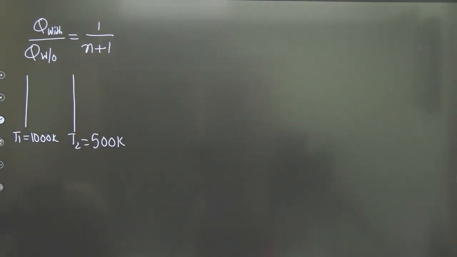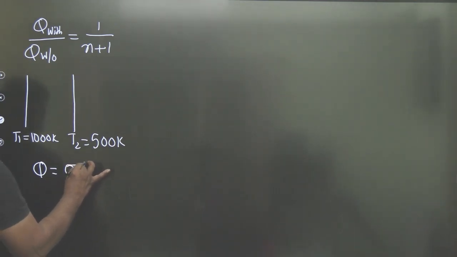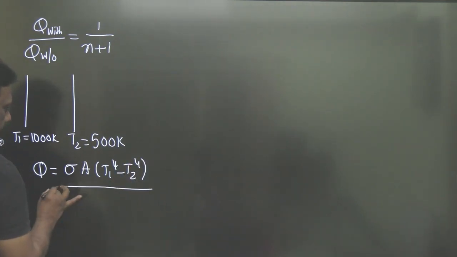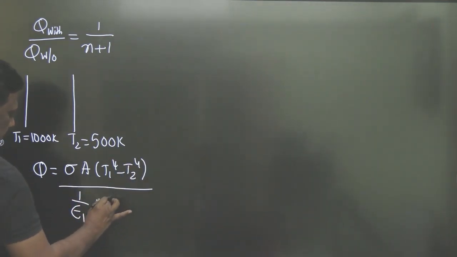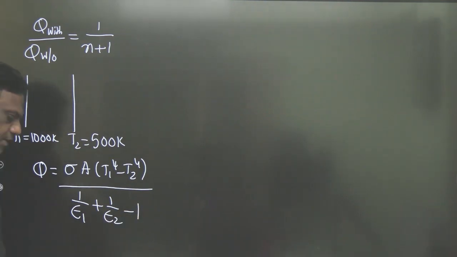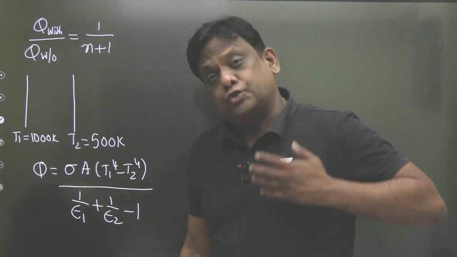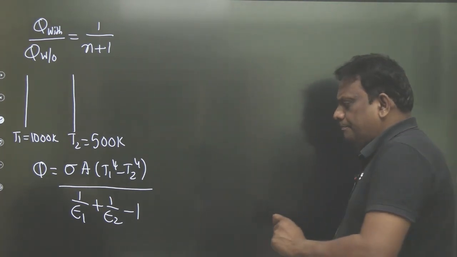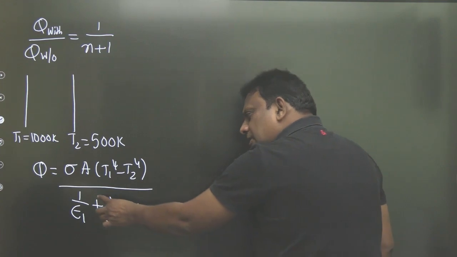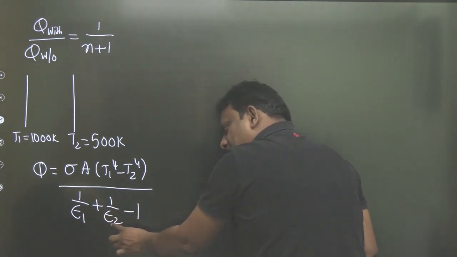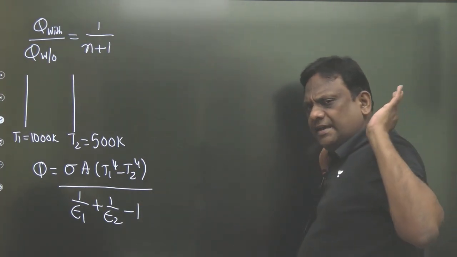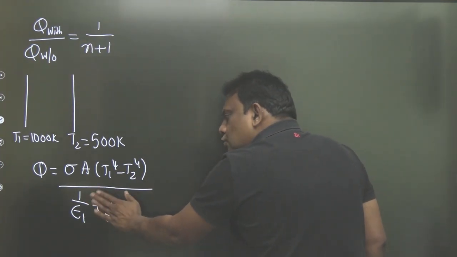You know, my dear students, the heat transfer between two parallel plates, two large plates, is given by sigma A (T1 power 4 minus T2 power 4) by (1 by epsilon plus 1). This equation was also derived by me in our regular classes. But in this problem, the emissivities of both are the same, so this can be written as 1 by epsilon plus 1 by epsilon, because epsilon 1 and epsilon 2 are both the same, as given in the problem. So 1 by epsilon plus 1 by epsilon is 2 by epsilon.